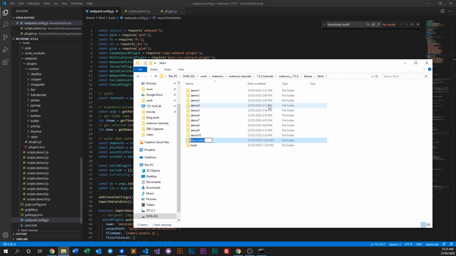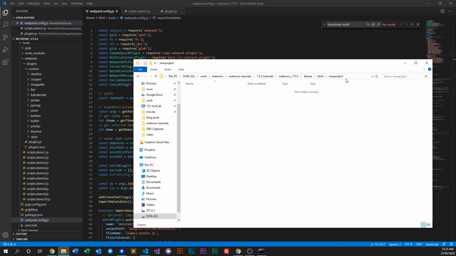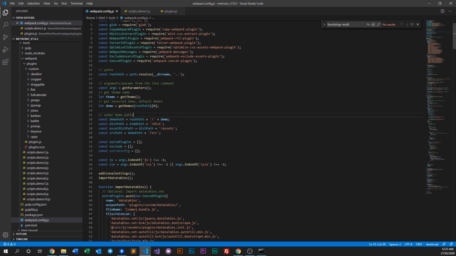Let's create a new folder called new project, right? And in this new project, what we need to do is you get the path to this project. And then what we do is we replace this path with your project path. So what you first need to do is escape the backslashes, like so. Okay, save that file, and all you need to do is, that's actually pretty much it. That's all you need to do. And you open up your